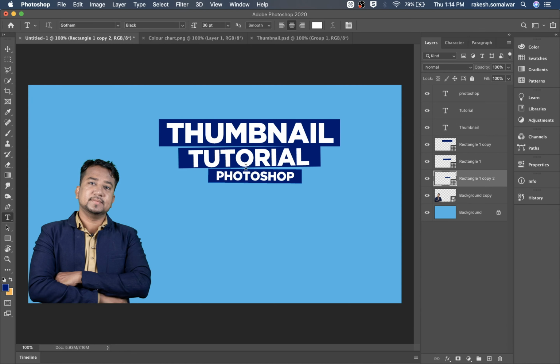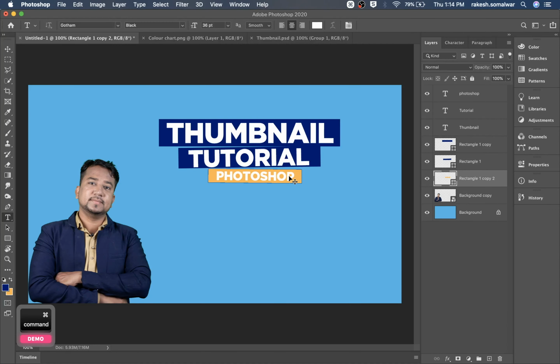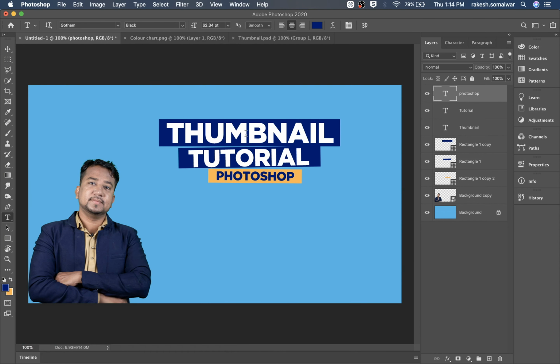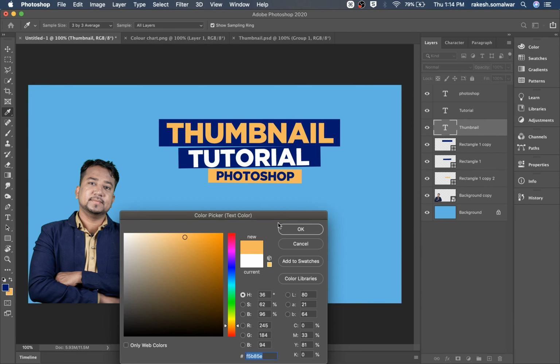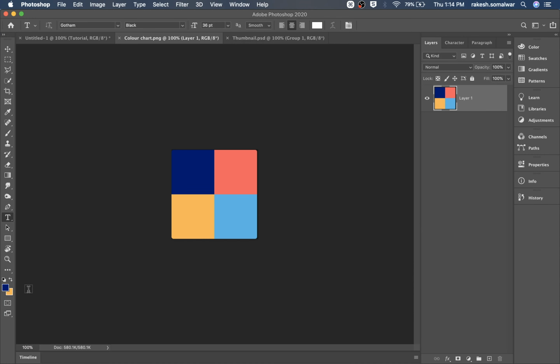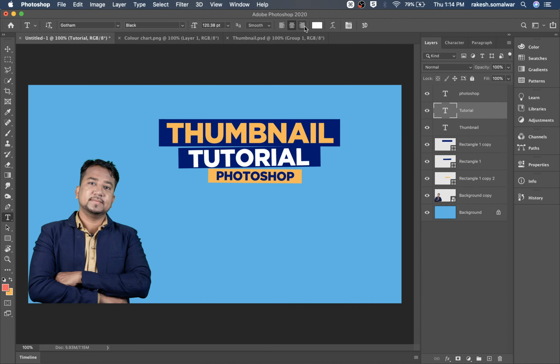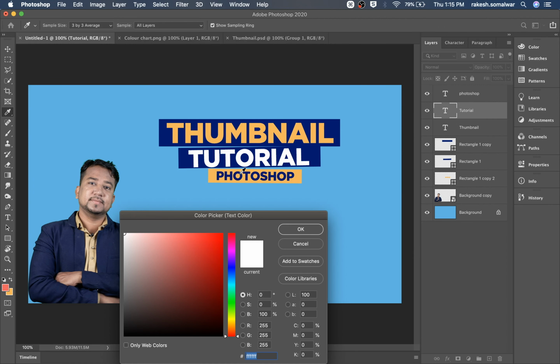Now I adjust the background color of Photoshop, change Photoshop text color into dark blue. Thumbnail color into yellowish. Remember, you have to use these four colors only. Orange color to tutorial.